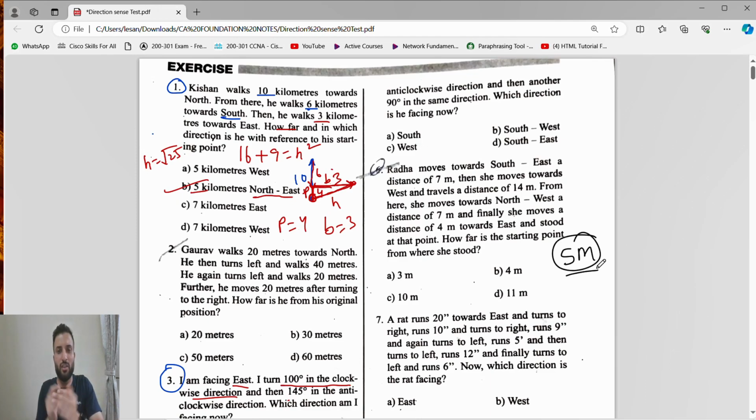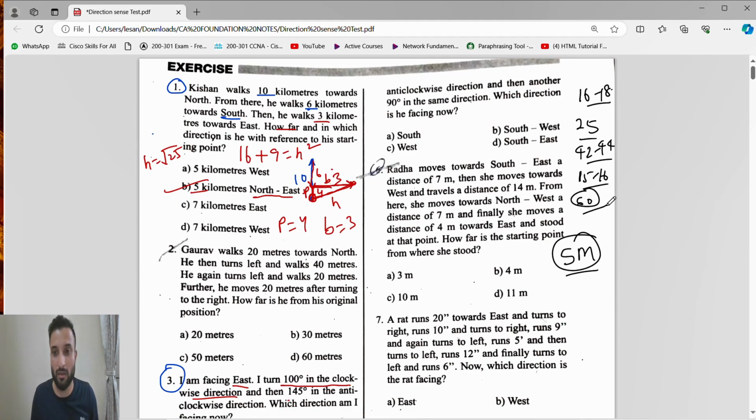So 5 marks in your hand, because in logical reasoning easily 16 marks, 18 marks you can score, and in statistics easily a minimum of 25. So here only you will get around 42, 44 marks. Now mathematics 15, 16 marks is the bonus for you, so you will reach around 60. सर जी हम पास हो गए, तो पास हो जाओगे।